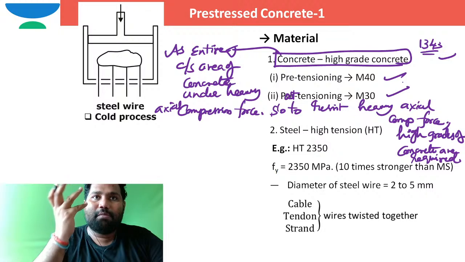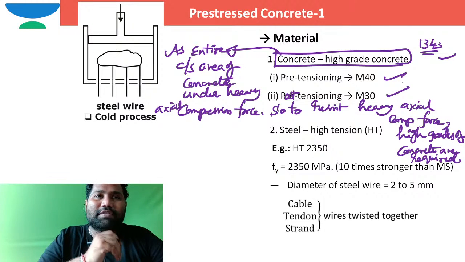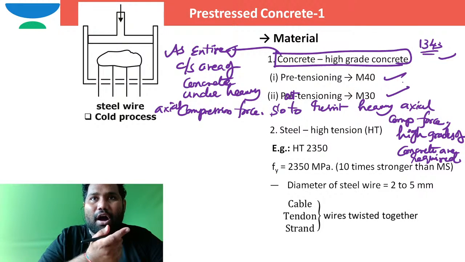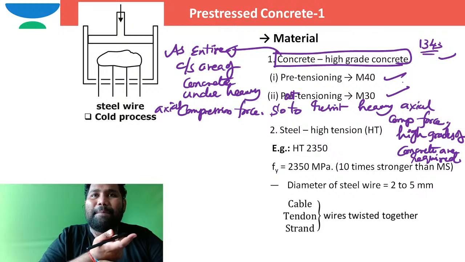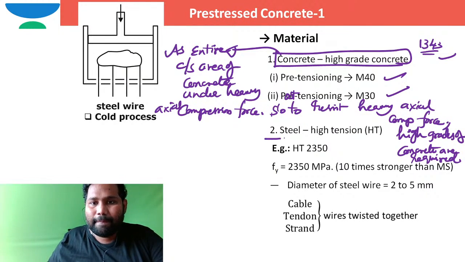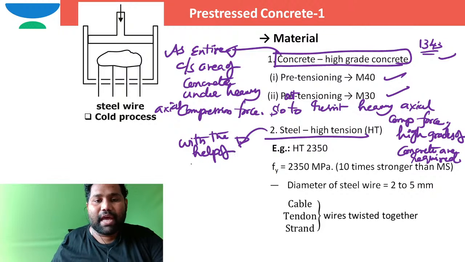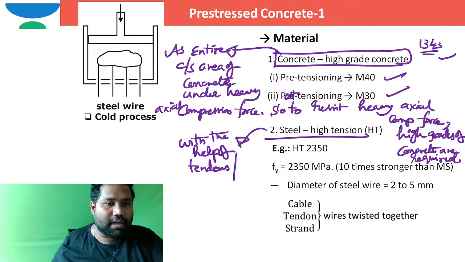Now the question is, sir, what about steel? What is the type of steel generally I can use here? See here, brother, we are applying heavy axial compression forces on concrete with the help of pre-tensioning or post-tensioning, with the help of reinforcement only, right? So with the help of tendons only, or another name, with the help of tendons or cables only,